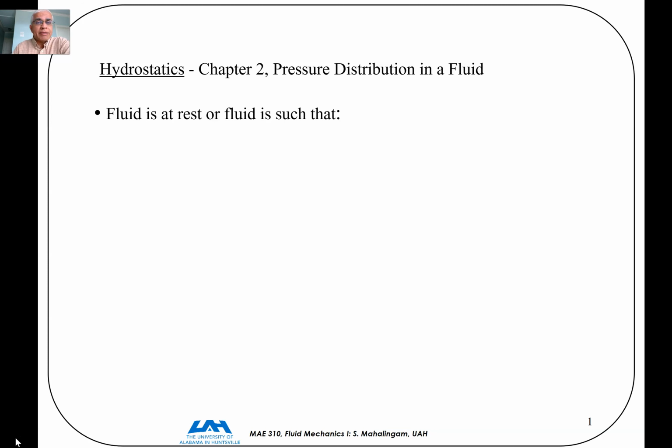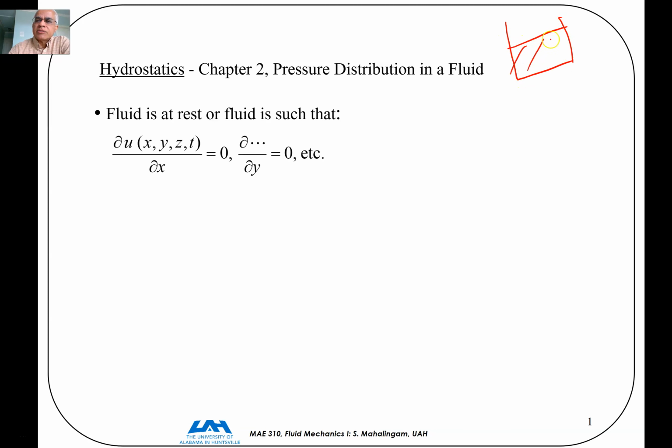So the fluid is either at rest or the fluid is such that there are no gradients of velocity anywhere in the fluid, right? So in other words, if I'm looking at a fluid in a container, for instance, and let's say there's fluid in this container. If I take a point here, and if I take a point here, and if I, let's say, take the x component of velocity, assuming this is the x direction, the x component of velocity, at these two locations,